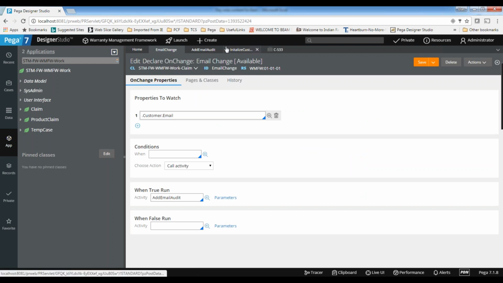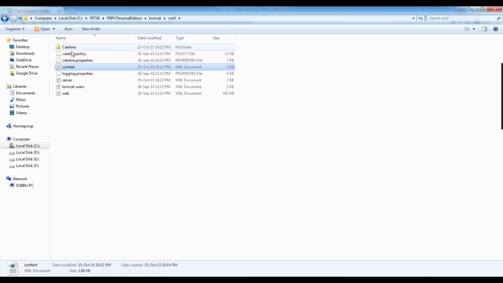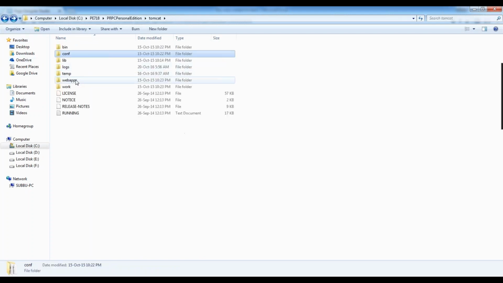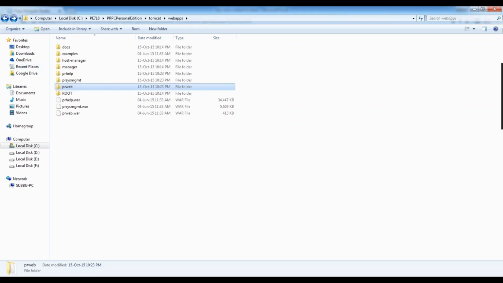Okay. Yes, Subhash, one more question I have. Where could we see the PR config.xml file? Everything will be there. You can search for it in your installation folder. In some path it will be there. I don't know the exact path name. It's in your web apps, I guess. PR config. Okay, I'll check it out. Just check there, you will find it.